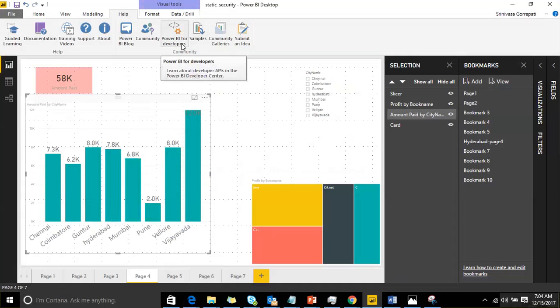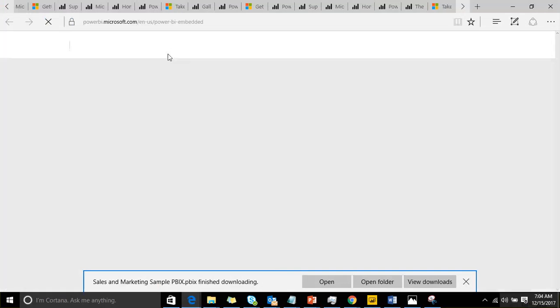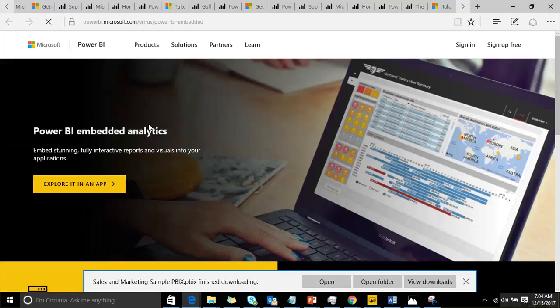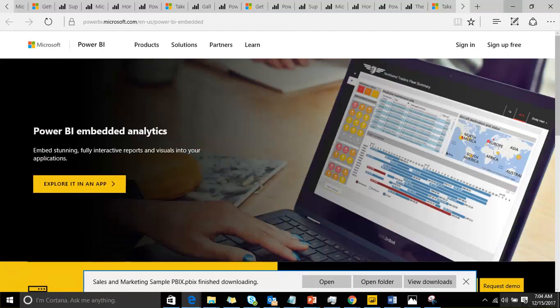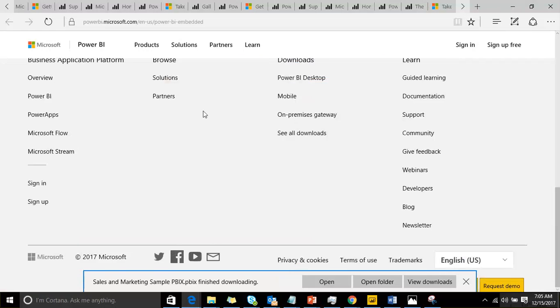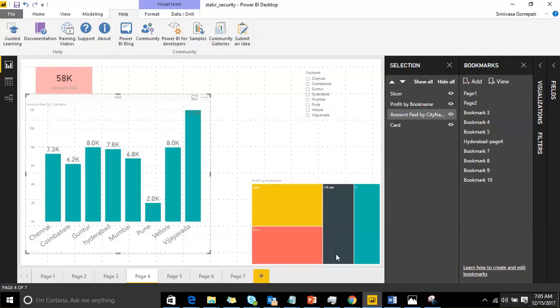And Power BI for developers. For developers, how to access the APIs and all those things, there is a separate link. It is also the same Power BI setting, which is nothing but Power BI Embedded. As I said in the first class, you can share a report with Power BI service. If I feel I don't have that much budget, I just want to embed my report in my current website and share it. At that time, you need to use a concept called embed. That is the embedded analytics, which we'll see. Okay, so these are the options available as part of that Help tab.